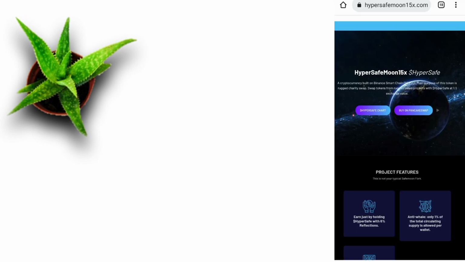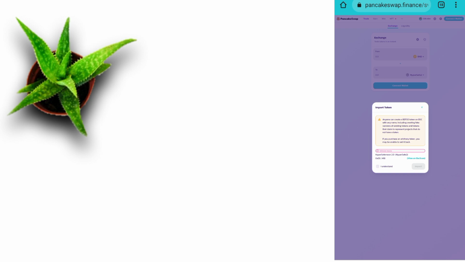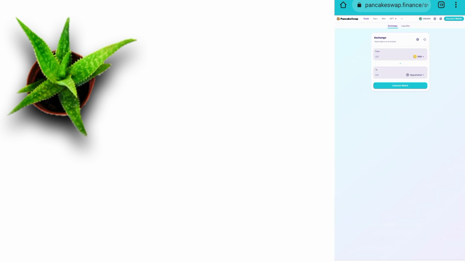Here is buy on PancakeSwap. The next button works for those users who are using a PC or any other devices. You can select I understand or import.